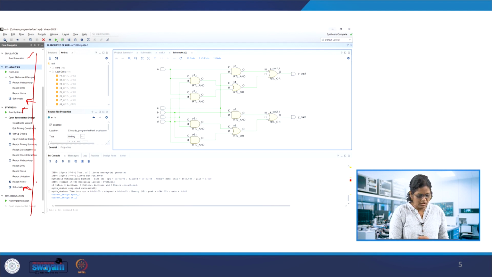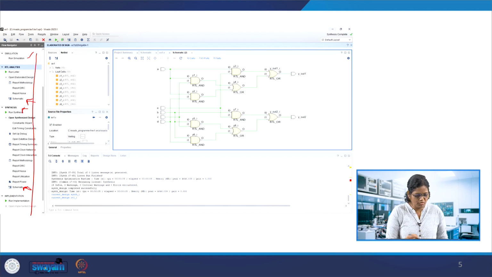After that, along with it, you will be getting some reports of the timing analysis, the utilization report and a summary of the code, the resource summary, what resources have been used from the FPGA. Then we can get into the implementation, generating a bit stream for the code and dumping it into the FPGA.